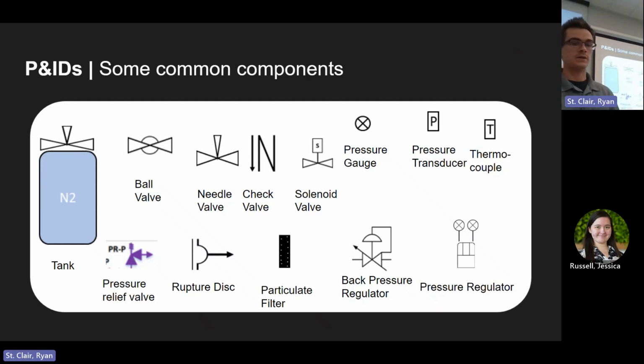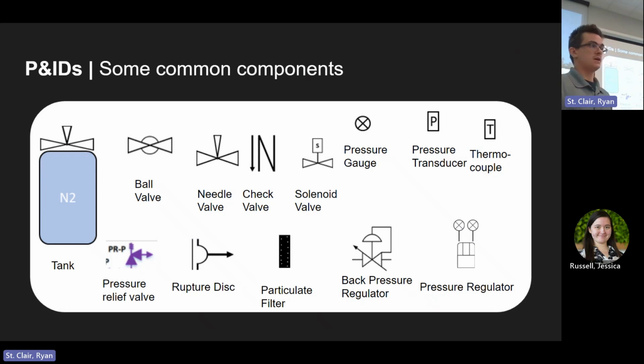Next up is a back pressure regulator. A back pressure regulator controls the pressure of the feed system, kind of like a pressure relief valve, but they're meant to be used more nominally. And by that, I mean pressure relief valves are not meant to be used over and over. They're not meant to regulate pressure per se. They're meant to be more of a safety device. Back pressure regulators are meant for repeated operation, and they control the upstream pressure,